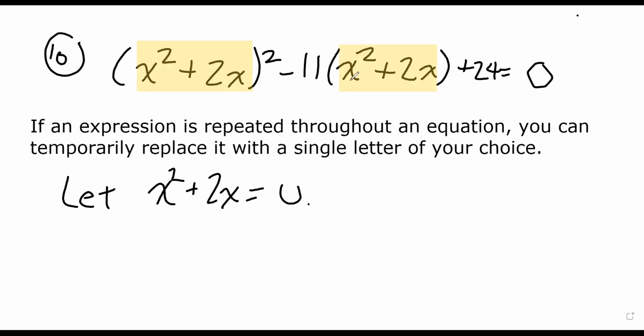Everything highlighted in yellow is going to become a u. I'm going to expand these to include the parentheses. It's really not necessary, but I did that because